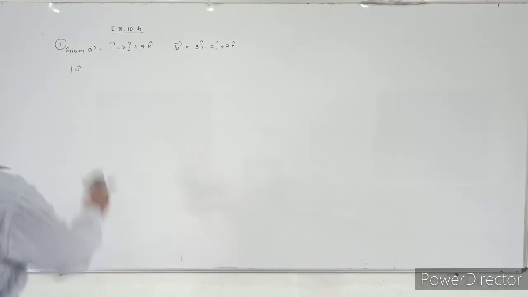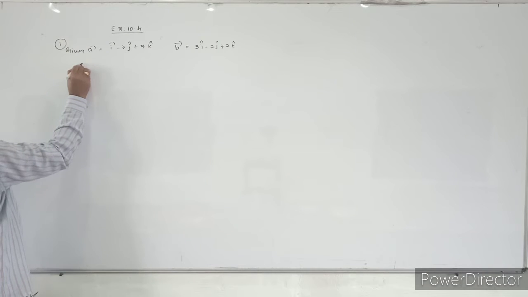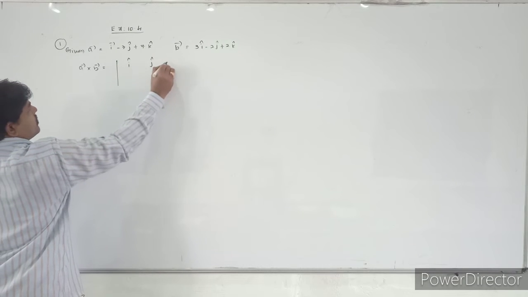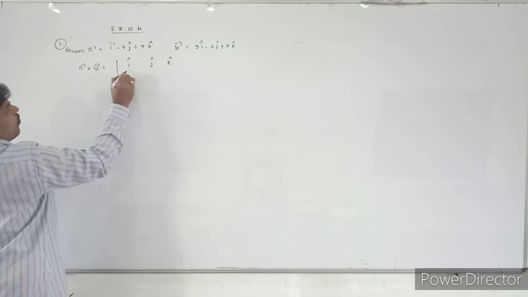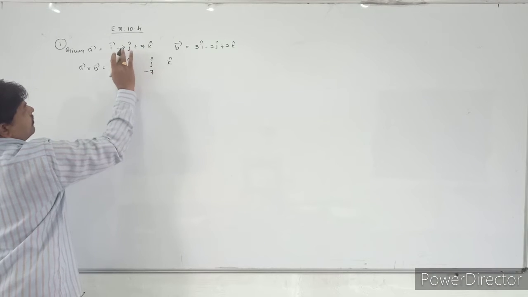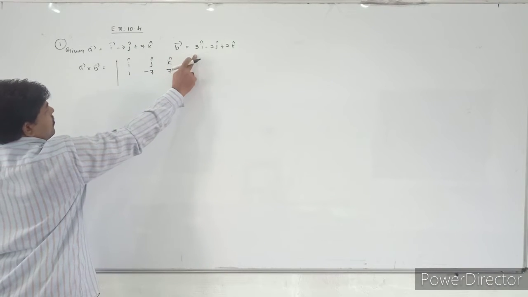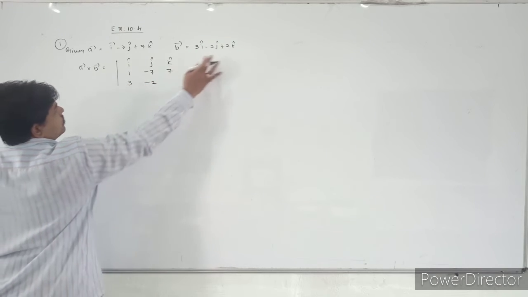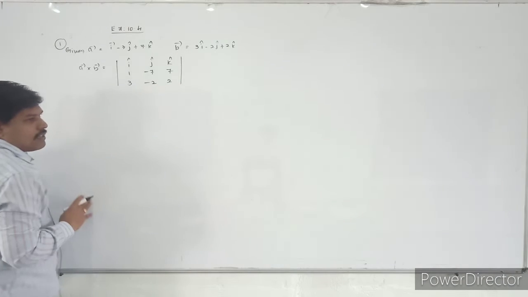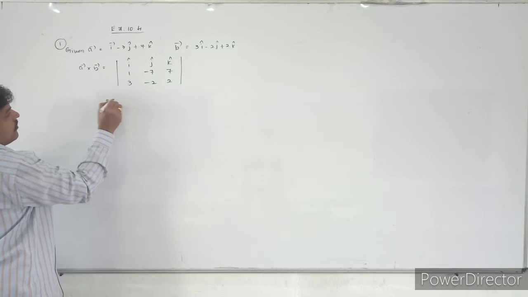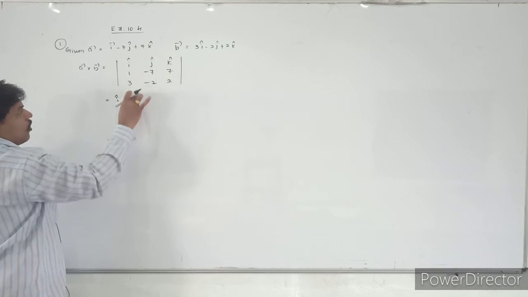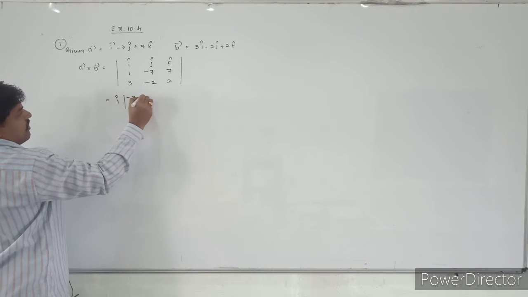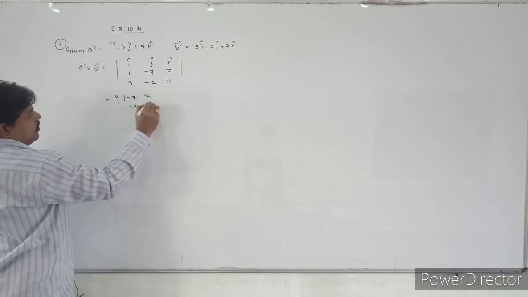So first we will calculate A bar cross B bar. A bar cross B bar is equal to the determinant with i, j and k in the first row. Take the components 1, minus 7 and 7 for A bar. The B bar components are 3, minus 2 and 2. Now expand the determinant. I cap into, delete the row and column, the matrix is minus 7, 7, minus 2 and 2.